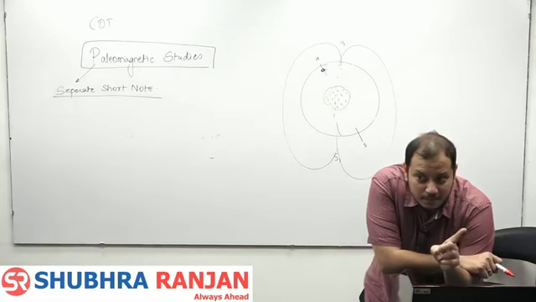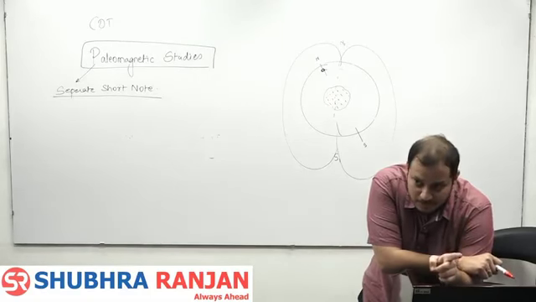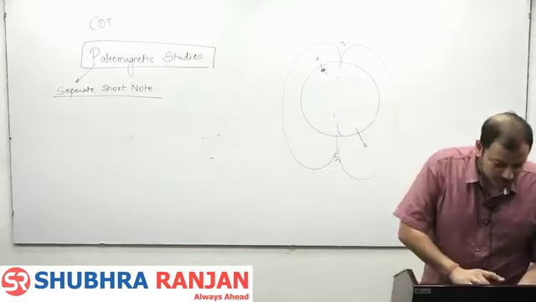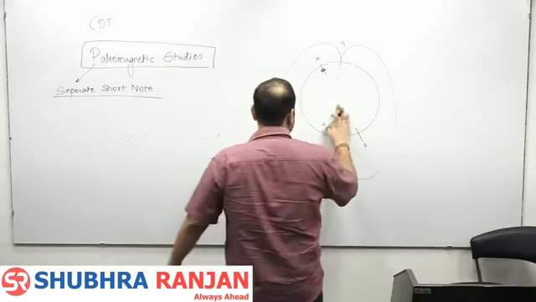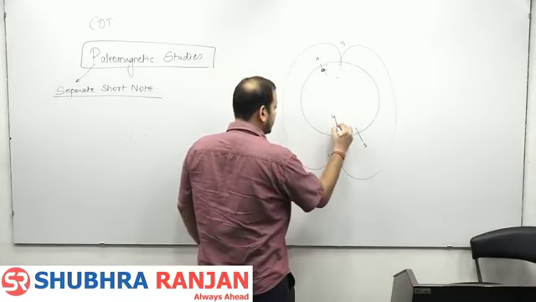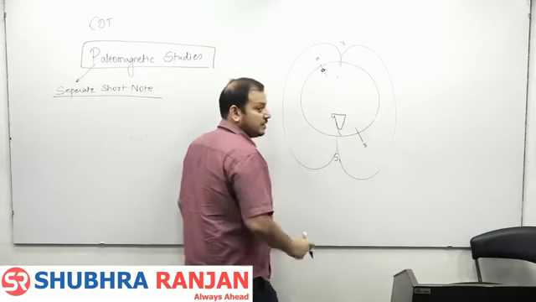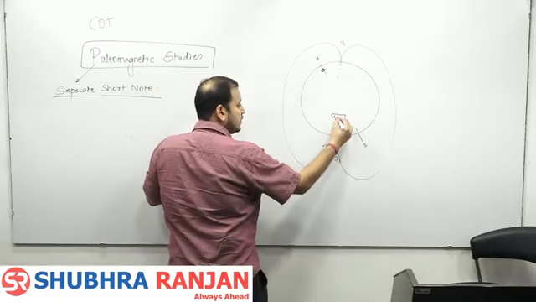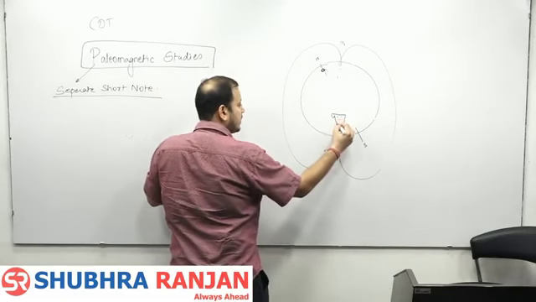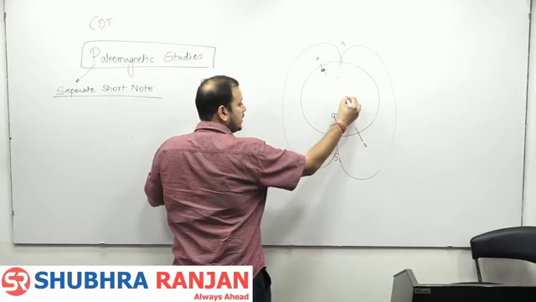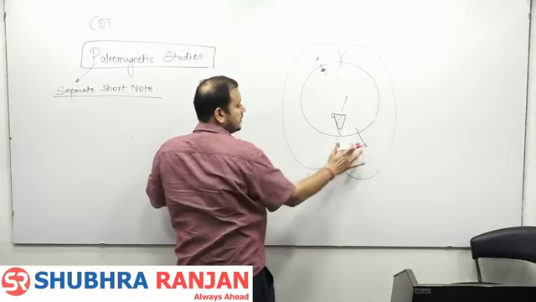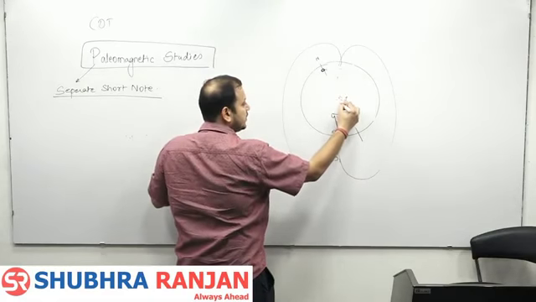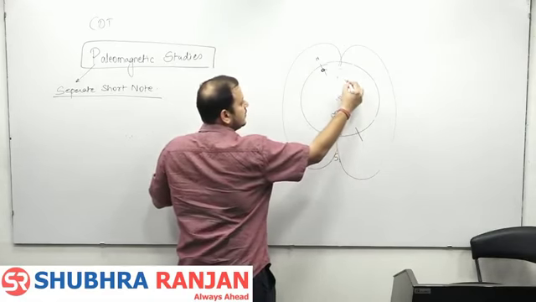The magnetic pole may be the same in some of the rocks. Remember, the magnetic pole may not shift. But suppose this is India, and these are the metallic minerals which are formed in India. So in the first position, the inclination of the iron ore will be this way. Now India has drifted here. Imagine the magnetic pole has not shifted. India has drifted here, and in this direction the metallic minerals will be in this way. India has now shifted here.